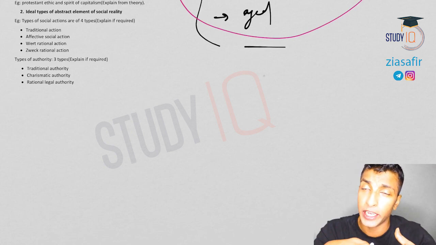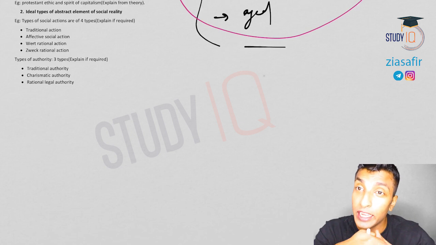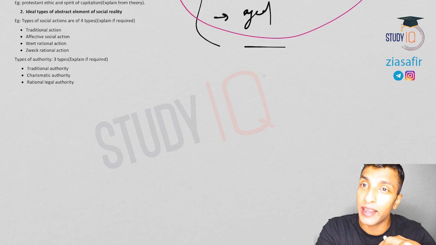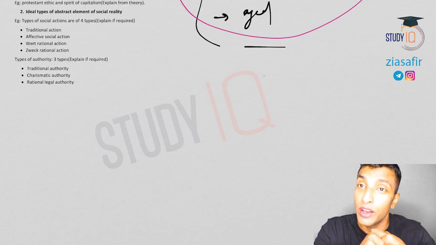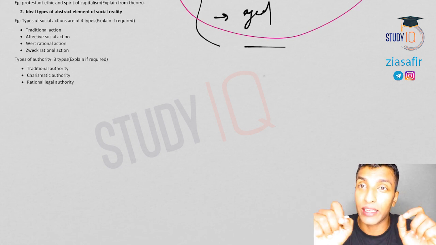If you see the ideal type, what is the problem here? Everything is left to the investigator. So the investigator's subjectivity is very high in this. For example, Weber himself, in the theory of Protestant ethic and spirit of capitalism, when he chose the ideal types of Protestant ethic, he selected those ideal types which suit his conclusion, which will match with capitalism, so that he can establish the cause and effect relationship very easily.